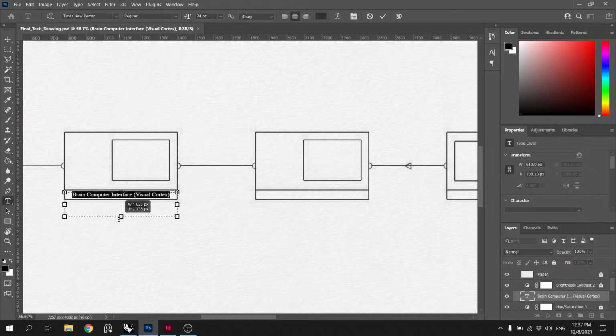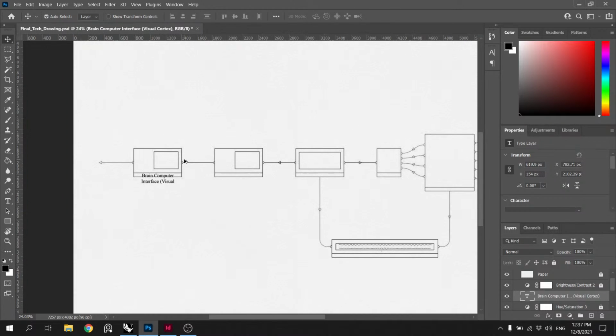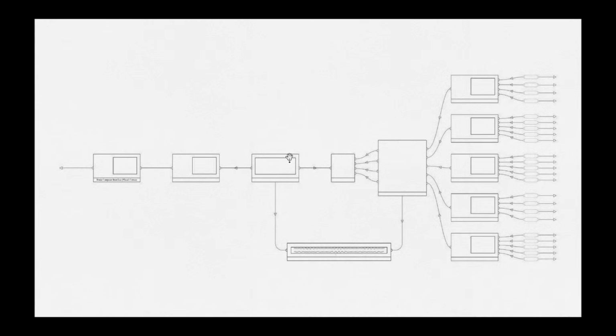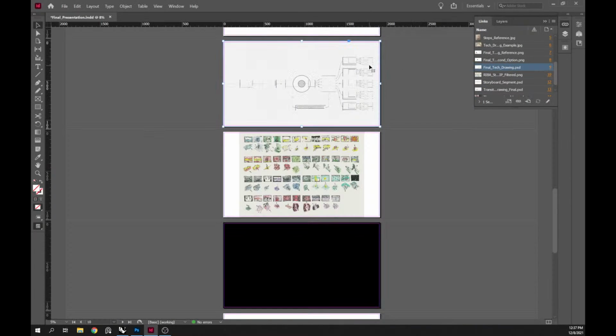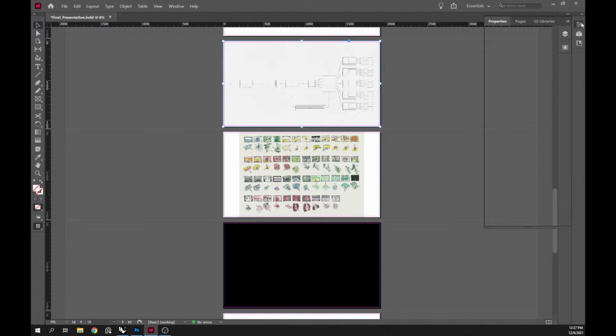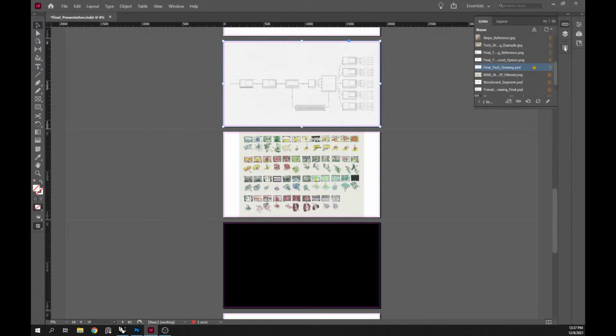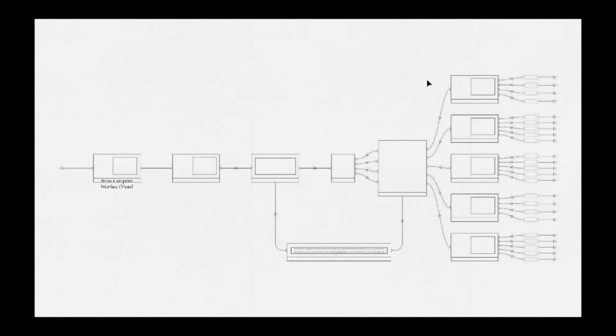If you can make it a bit bigger, if you can go up here and go like 60, 48. Okay, so we save that. Okay, that's definitely much easier to read.